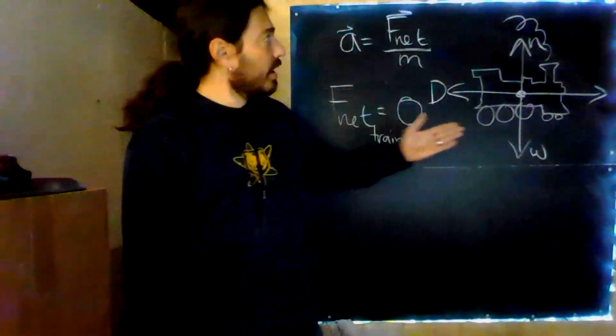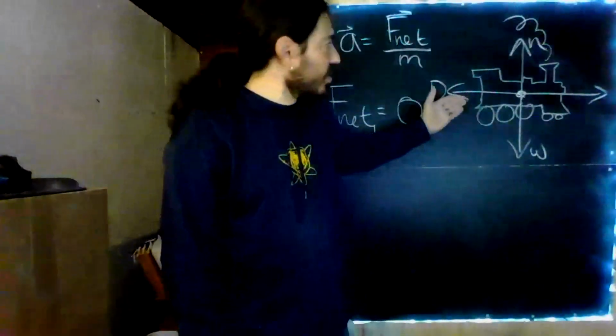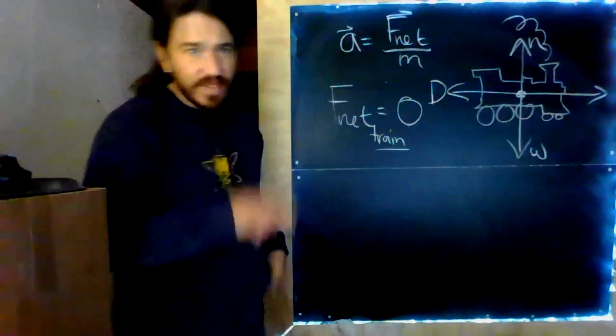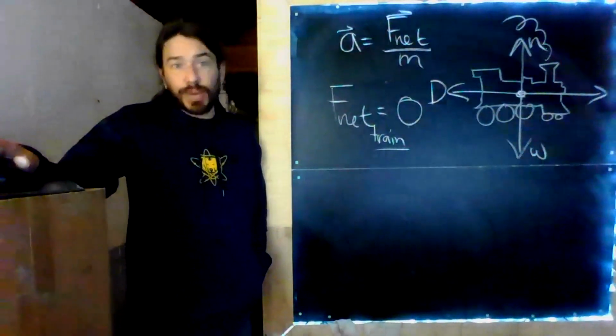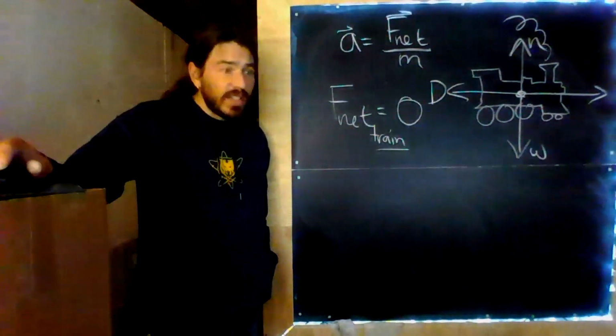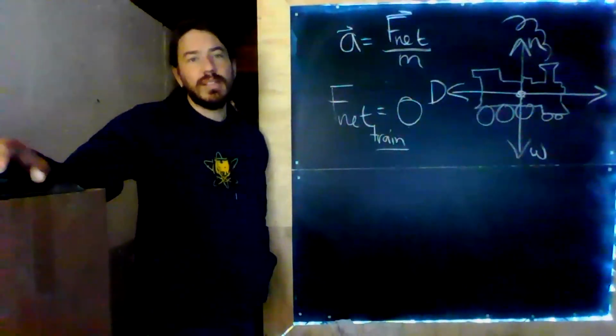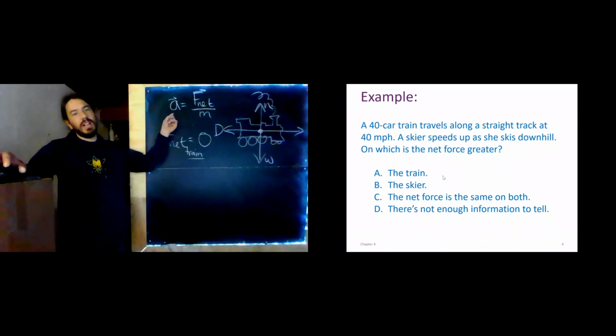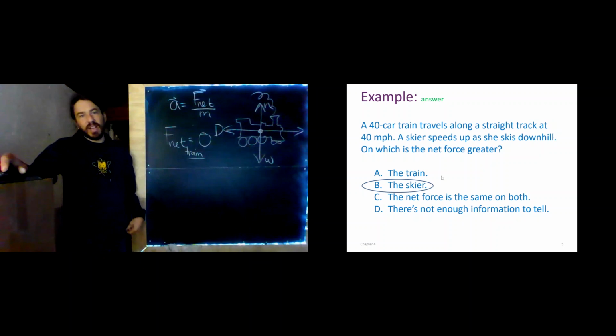But guess what? They all cancel. So the normal force is exactly the same as the weight. The drag is exactly the same as whatever force is pushing this thing forward, which again we're going to identify in the next segment. So even though this train has huge forces on it, the vector sum of all of the forces is 0. And so on which is the net force greater? Well, the skier. Why? Because the skier is accelerating, the train is not. The skier has the greater net force. A little bit tricky, but again, Newton's second law tells us about changes in motion. If the motion of the freight car is not changing, aka it's not accelerating, then the net force on it is